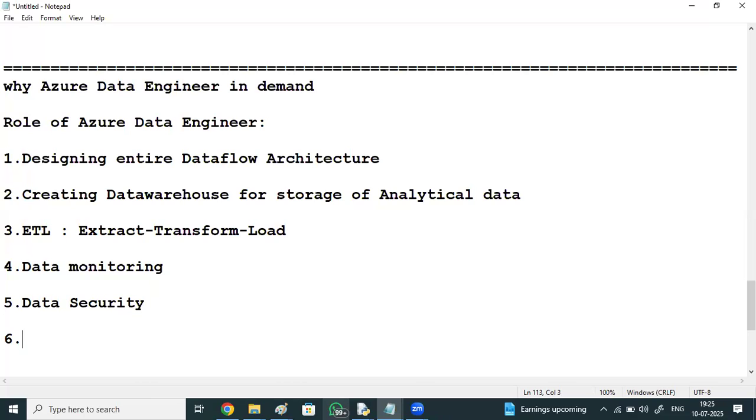Next, collaboration and communication. These data engineers constantly need to communicate with the business team to check the data requirements, and also collaborate with the data scientists to deliver the data as per the requirement.